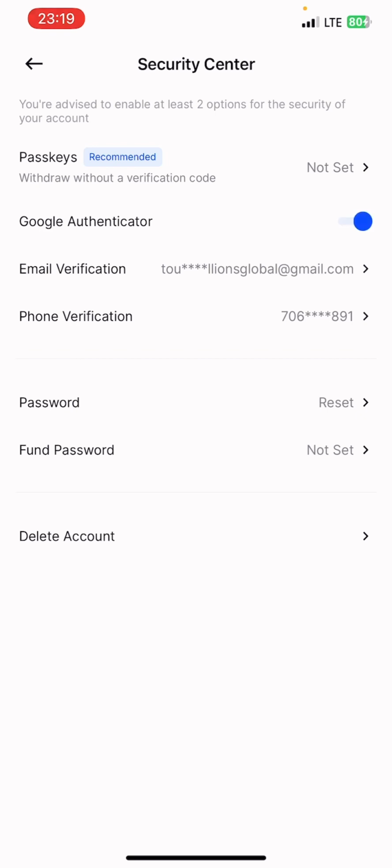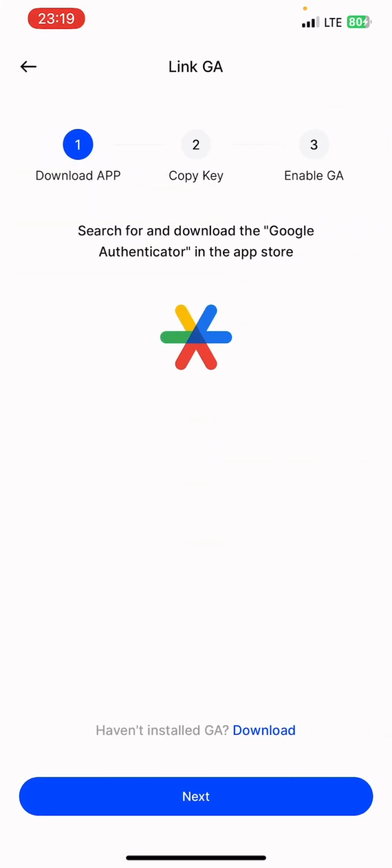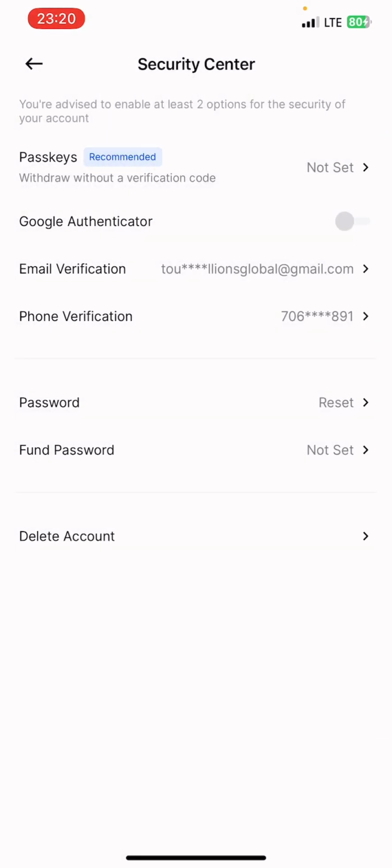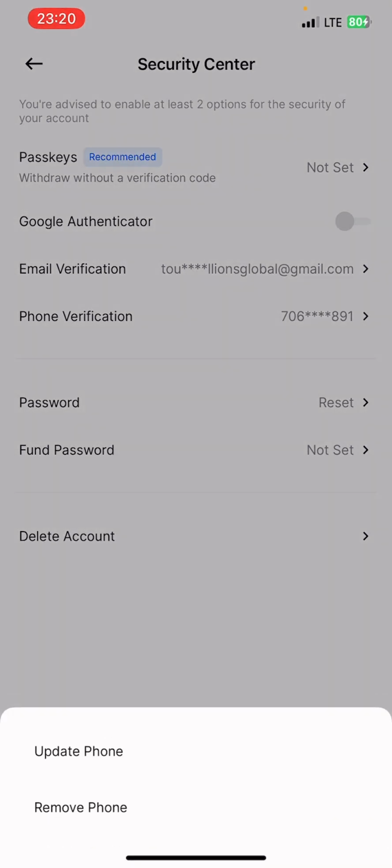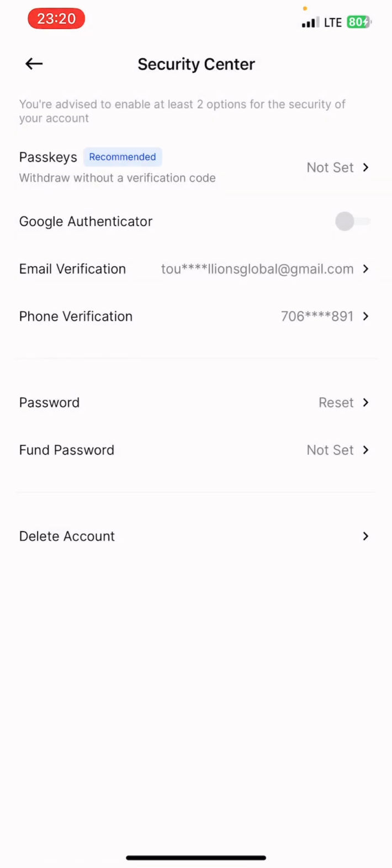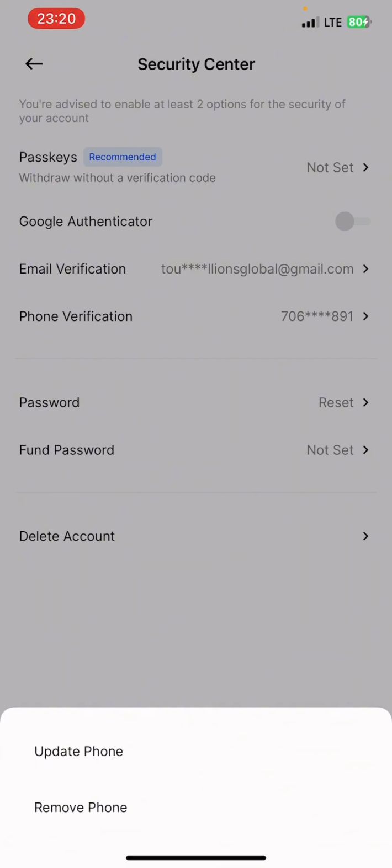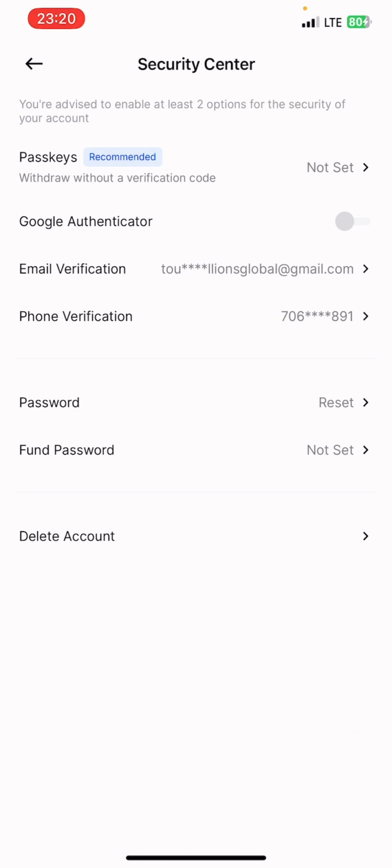Then Google Authenticator is also something good that you can use to do that. It's very easy. There is information out there that can help you know how you can do your Google Authenticator. Your email address is already there. You should be able to bind your phone number. So how do you bind your phone number? It is there. This is because I've done it. So if you click that, you will see that you need to do something like an animated verification by drawing something to a particular hole. Then you now get a code from your email down to your personal account, phone or line. So once that is sent, you should be able to